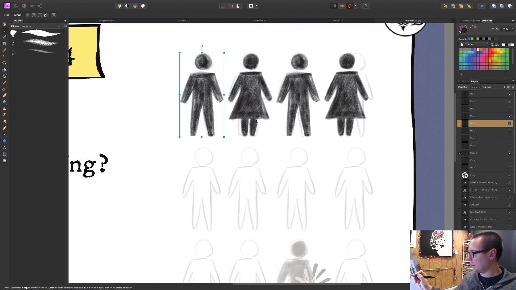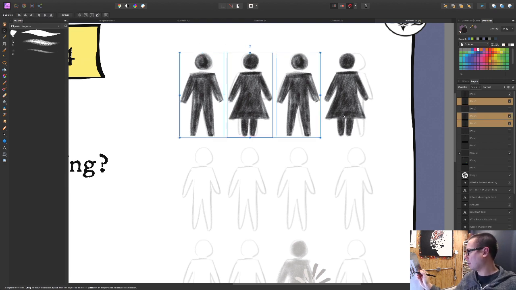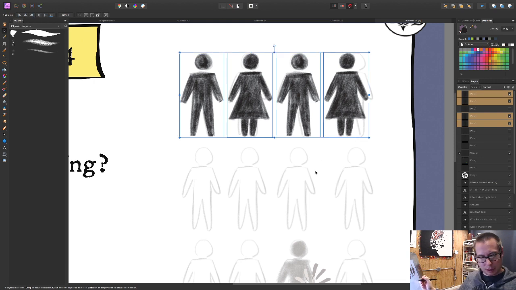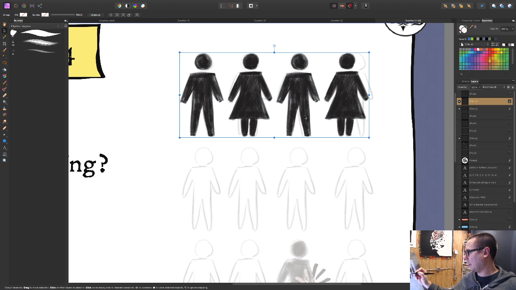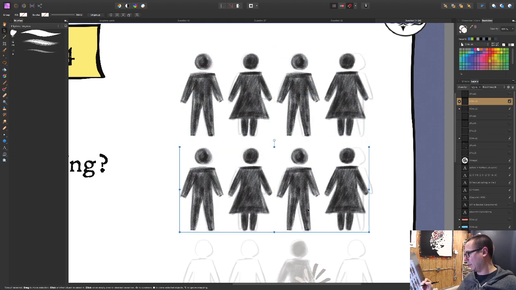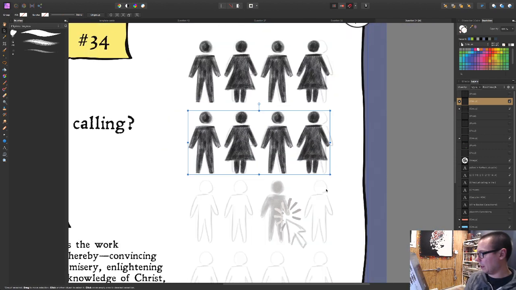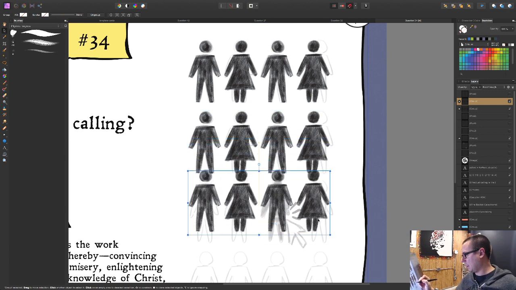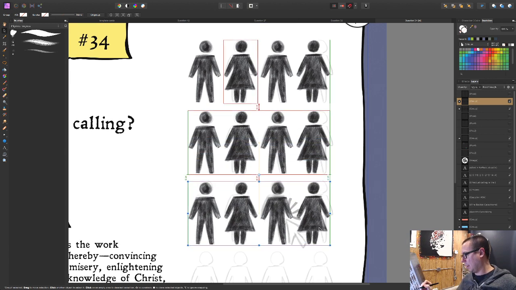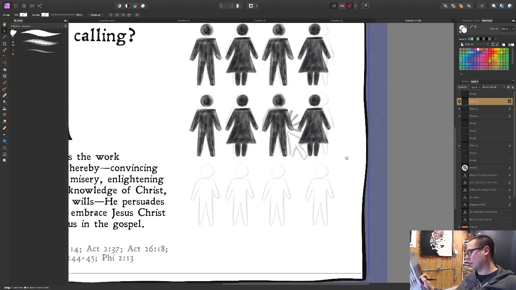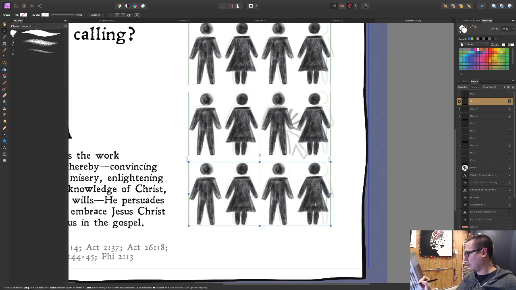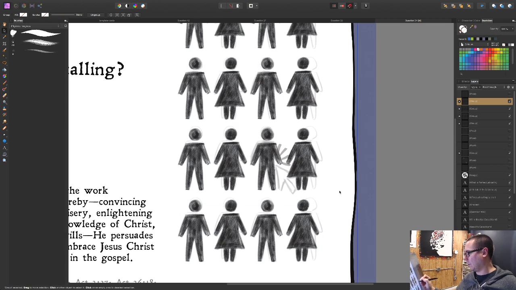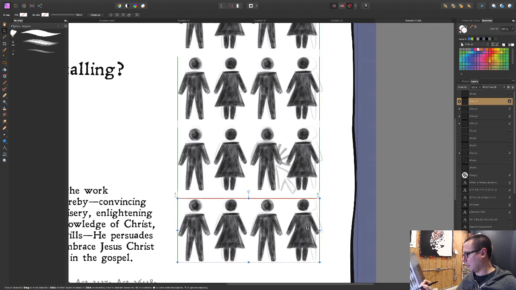Then group them, copy, and bring them down here, and then the next one, I think, yep, will let me set them the same distance. Oops. And that one. Well, that one. There we go.